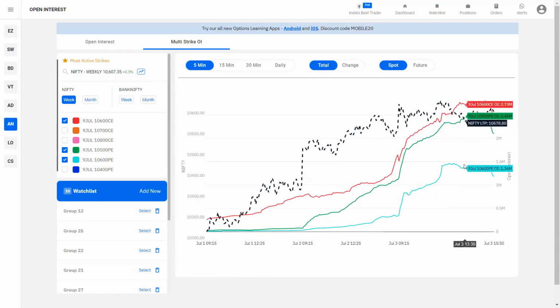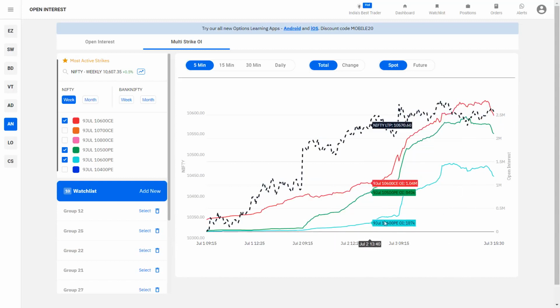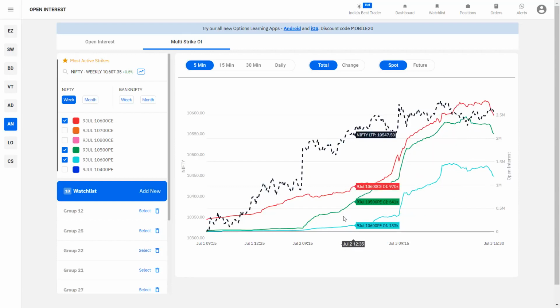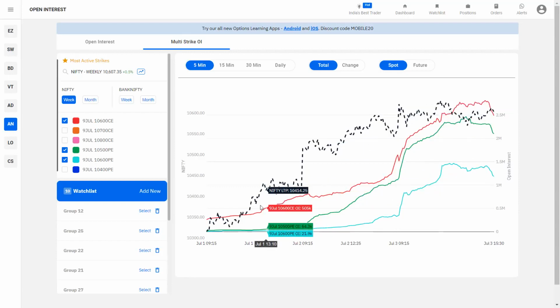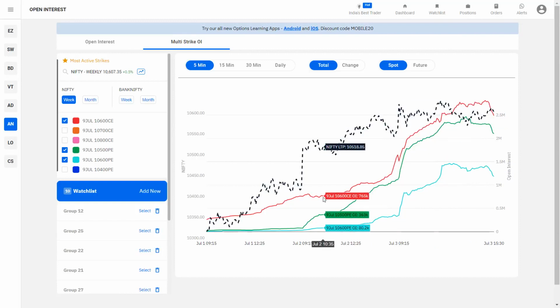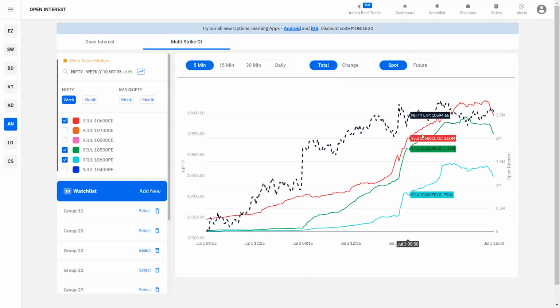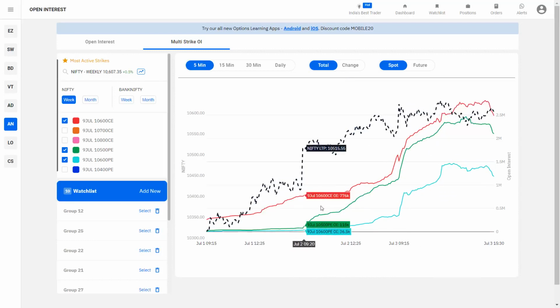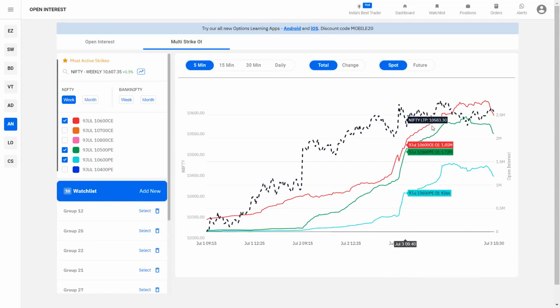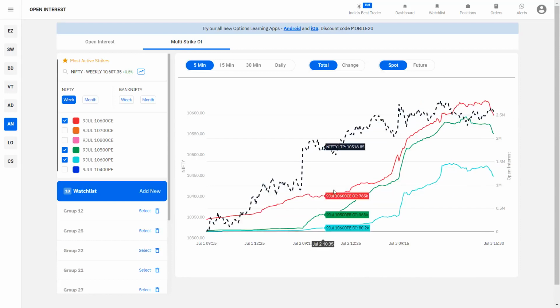Now the thing is, when you see that these green colored ones, which is the put OI, is increasing significantly, you can assume that the index is looking strong. And if the red colored ones are looking strong, then you can assume that the index might become weak. Now this graph is not very conclusive because this is on Friday, the first day of movement. So perhaps one good exercise you can do is on a Wednesday or a Thursday, just look at how call OI and put OI keeps changing during the day.